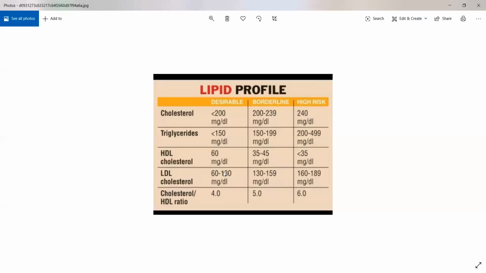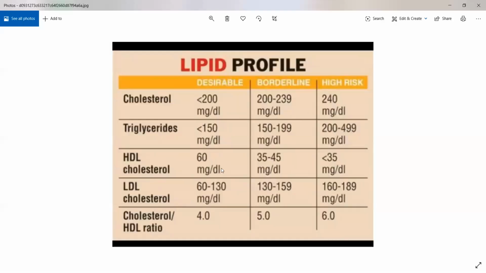So, once again, this is a general lipid profile. You will have a larger lipid profile as well if you just go to a hospital and check any patient who has a cardiovascular disorder. I'm pretty sure out of 10 patients, at least 3 or 4 patients will have a lipid profile done. A lipid profile is a little expensive, that is why not all patients are recommended it, but you will definitely find a lipid profile done for some patients with cardiovascular disorders.